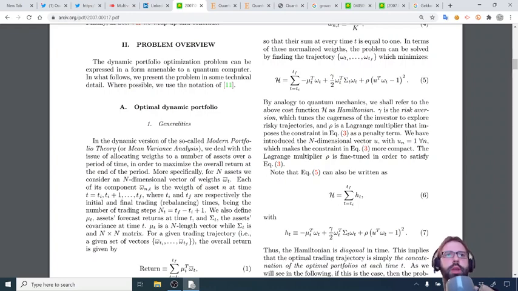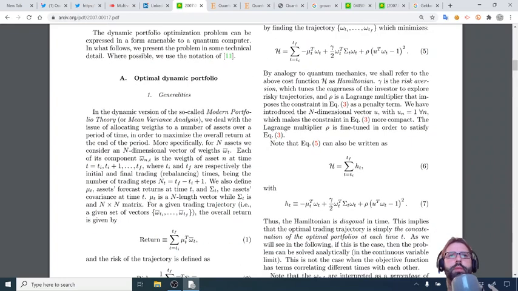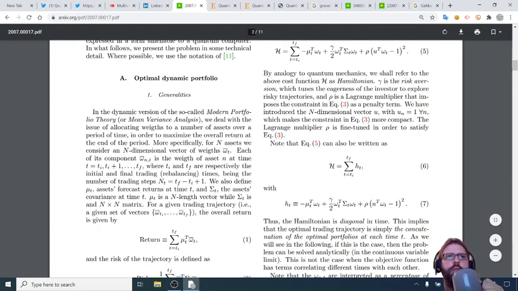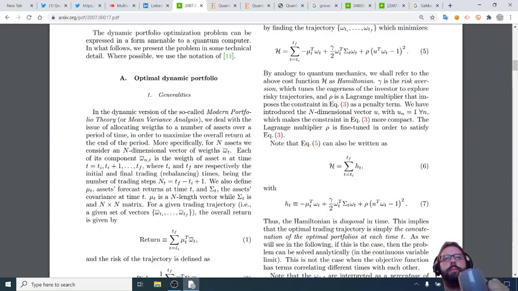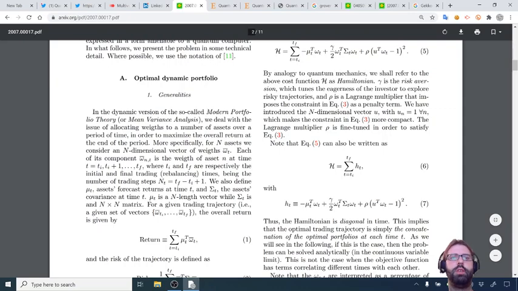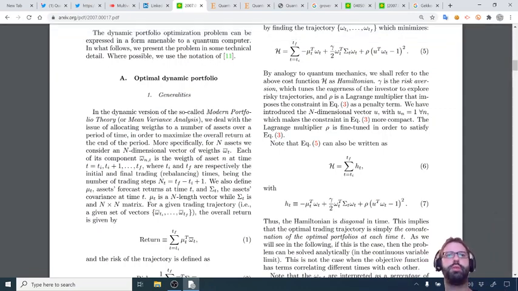For a given trading trajectory, a given set of vectors, the overall return is given by... Okay, so the overall return is the sum of the... So this is the asset's forecast return at time t. So basically they multiply the forecasted... the transposed... so the asset's forecast returns times the actual vector with the allocations, and the risk of the trajectory is defined by